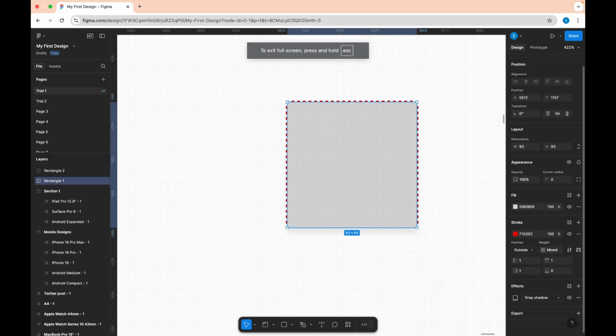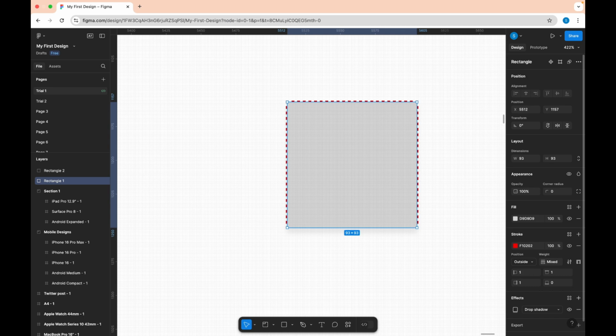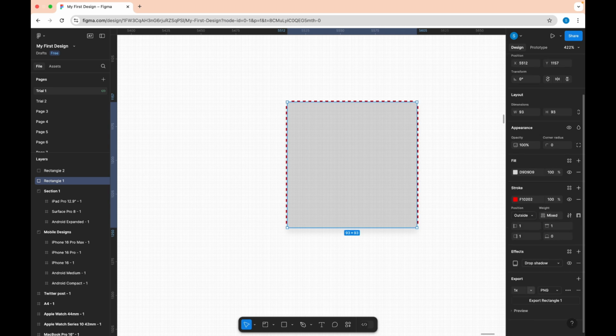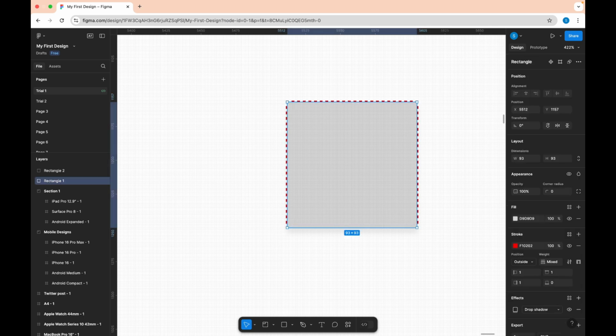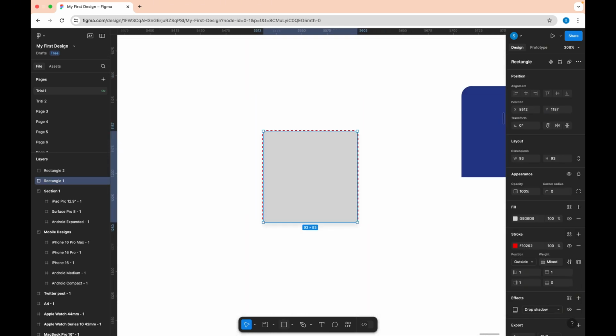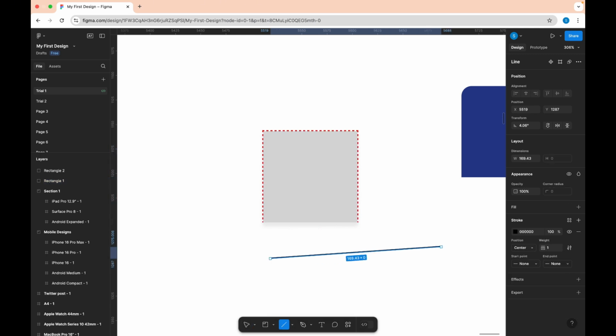Right, then here you can export your object. Just come here and click on export. You can see the preview of what you want to export, and it's going to show you right here what you want to export. The same thing applies to the other shapes that we have right here. The same thing, the lines. You can literally just come here and click on lines, and right now